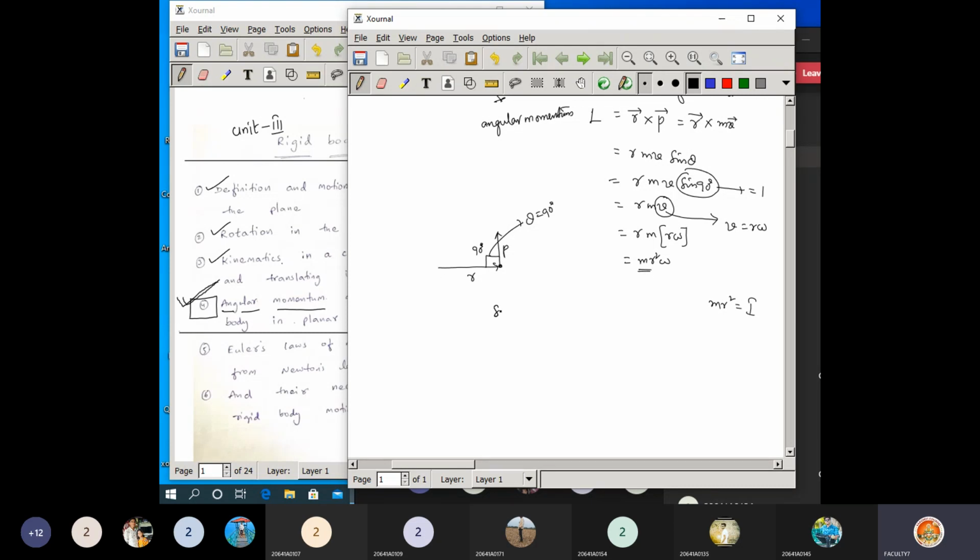Now regarding the entire system of particles. So what is the meaning of system of particles? It is nothing but a rigid body. Rigid body, or else you can consider that as system of particles. What is the reason here? Now if you are considering there is a rigid body, so there are large number of particles inside this rigid body. Now due to that, we are considering simply a rigid body as a collection of particles. So simply we are writing it as a system of particles.